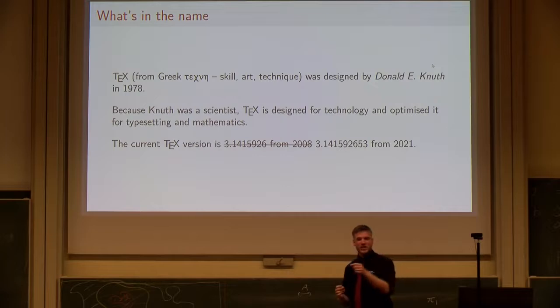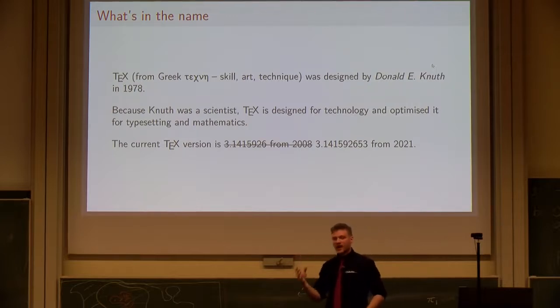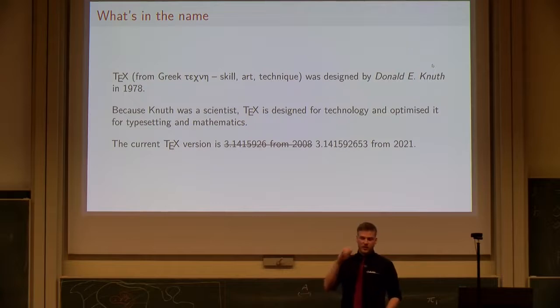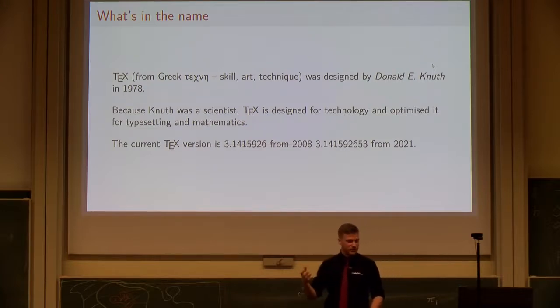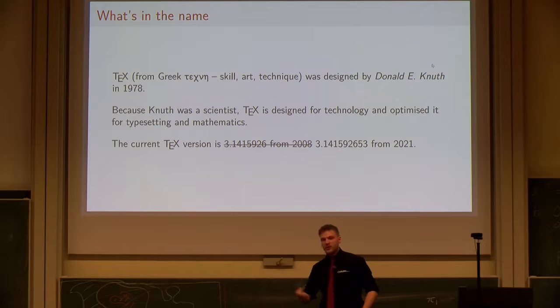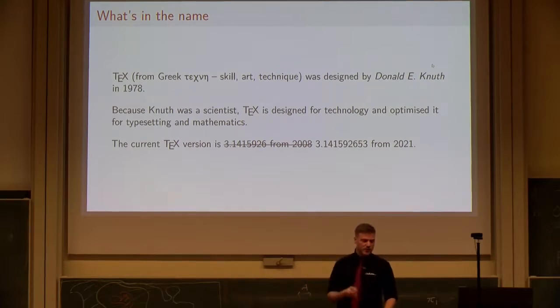So actually a lot has changed by then, but also not really. The current version of TeX is 3.141592653. You might recognize this number. It's pi with a certain accuracy. The reason for this is because they haven't really changed the way LaTeX works in a long time. It practically still looks the same as version 3.0, but they did do bug fixes and they're still doing bug fixes. It's still an active project. So that's why they use this version numbering, and in 2021 there's still bug fixes.